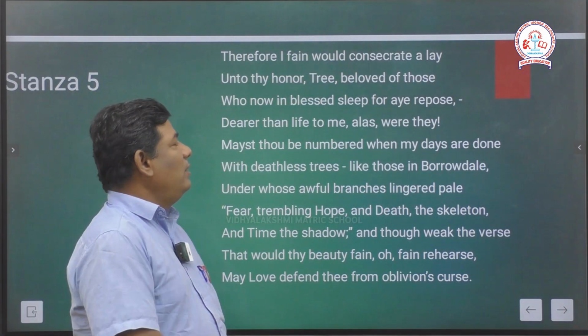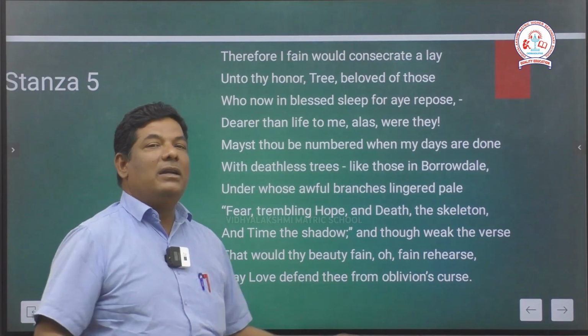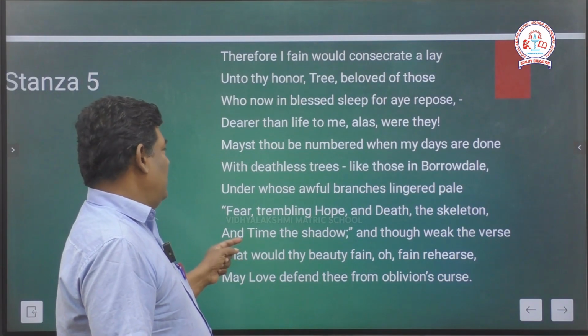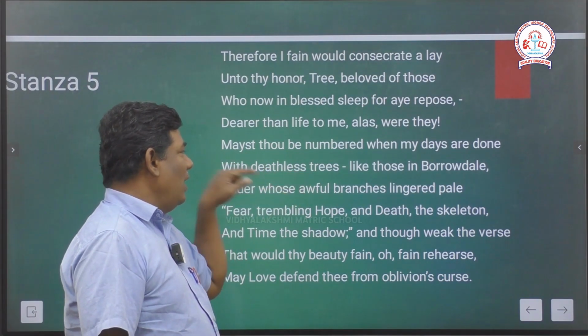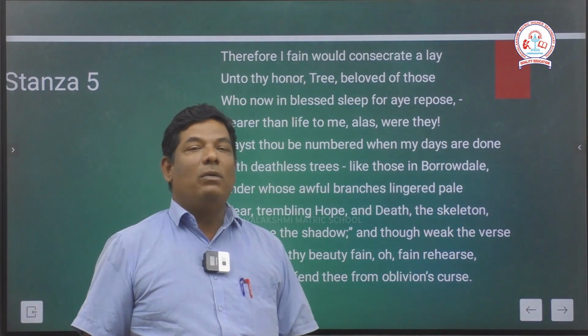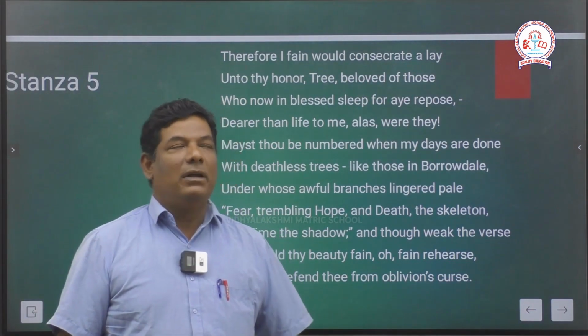Mayst thou be numbered when my days are done. My days will be numbered, my days will be done. I may die one day. But with this deathless tree, I make this tree a deathless tree like those in Borrowdale. Borrowdale is nothing but a valley, beautiful valley in England,